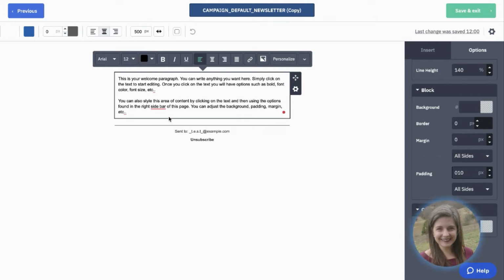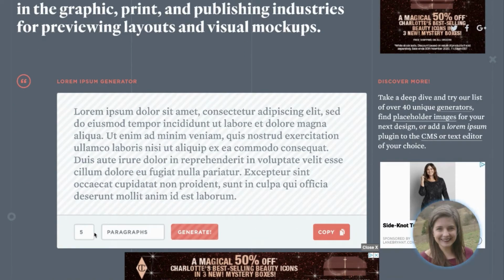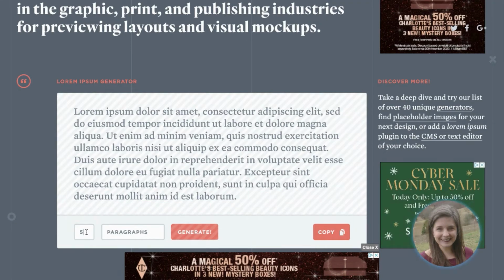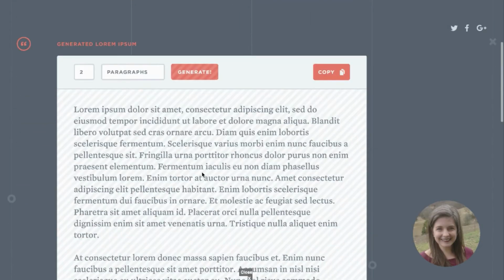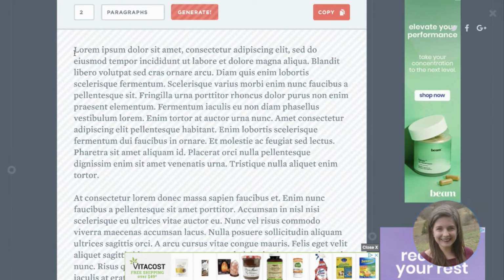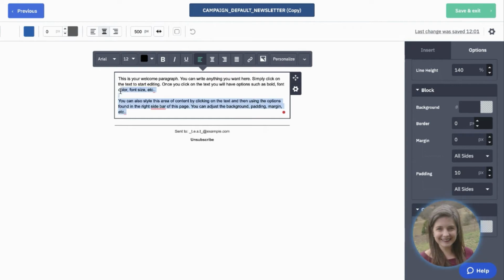there's some nice white space around the text, no matter what screen that it's showing up on, whether it's tablet or desktop or mobile. Now, to give this more of a feel of a real email, I'm going to grab some lorem ipsum text, and you can just Google lorem ipsum generator and find some lorem ipsum text. And let me get a few paragraphs here. And we'll copy and paste. Let's just try one to start with. We'll copy and paste that into our email just to give us more of a kind of a feel, because